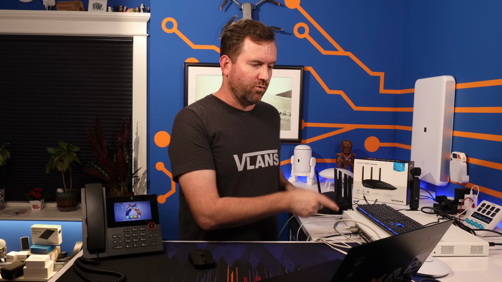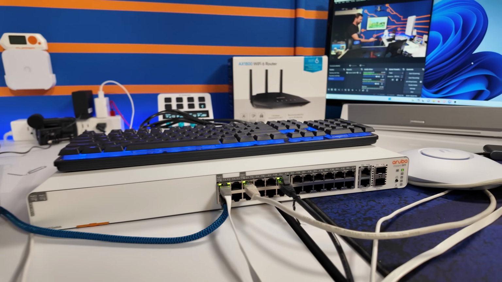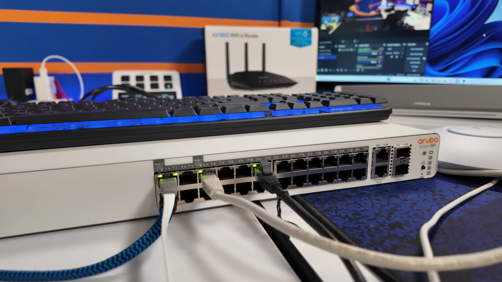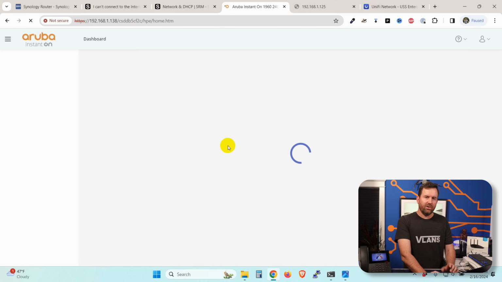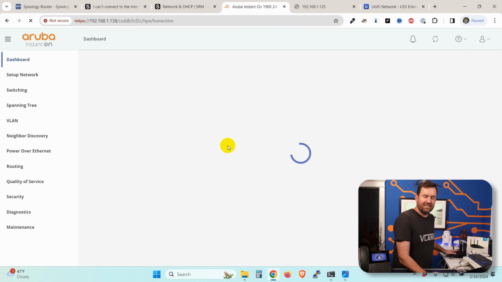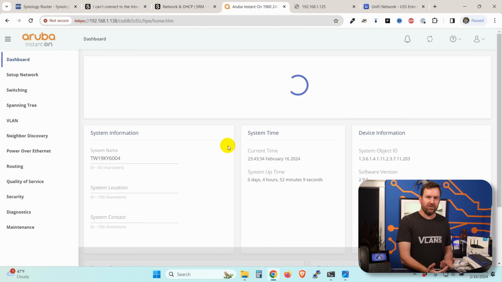Connected over to this Aruba is port 1, right? So the trunk port that goes over to the Aruba, and in the Aruba I have both ports 1 and 2 configured as trunk ports. So let's take a look at that next. So I set up all of the VLANs in the Synology RT6600AX, and then when I first logged into this Aruba switch, I also have to tell this Aruba switch